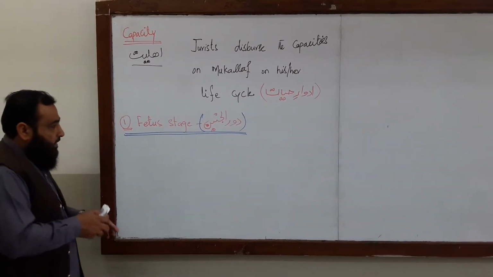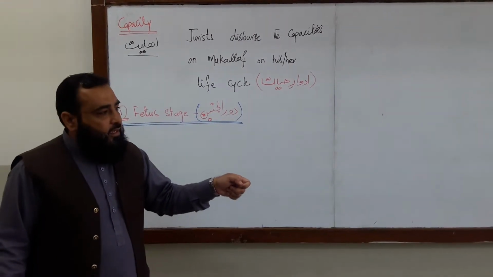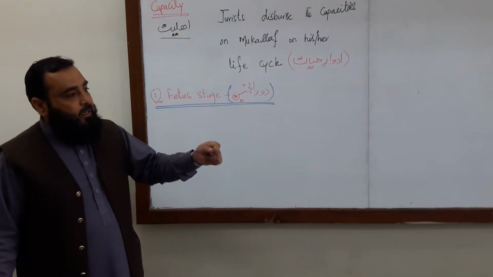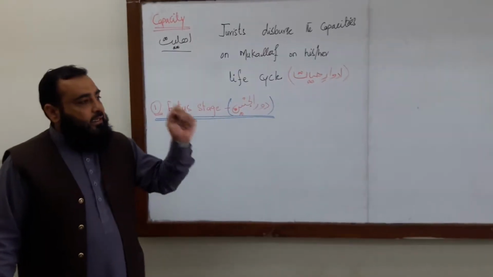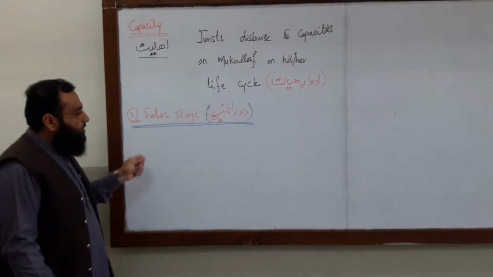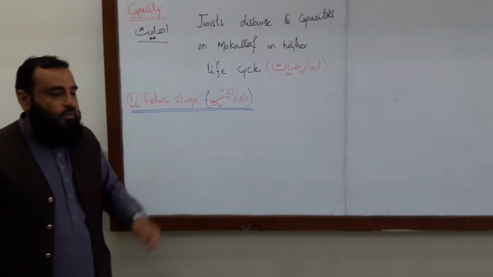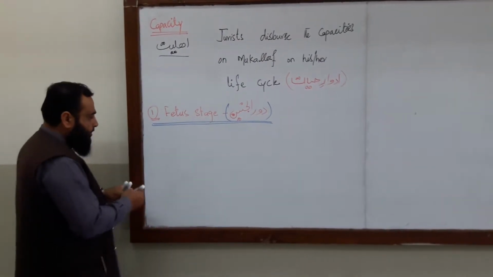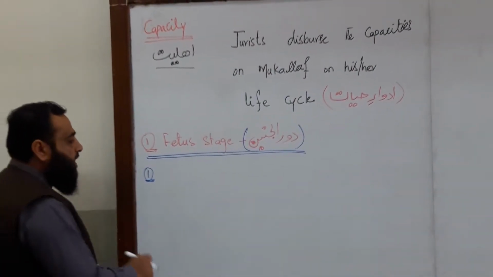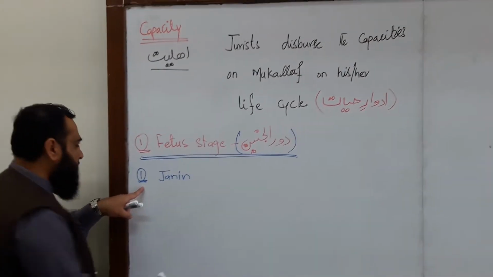According to the jurist, when a person is in the womb of his mother, the jurist says, and the medical also says, that the human being is considered a separate entity, human, in the womb of his or her mother. When the spirit enters his body in the womb of his mother, then this is called dawrul janeen. So at this stage, that entity is called janeen. That human being is named as janeen, fetus,